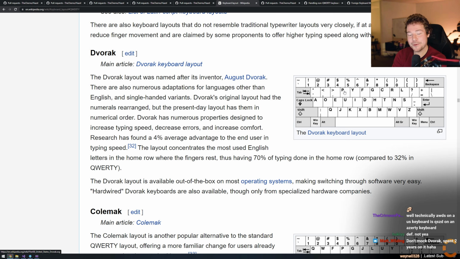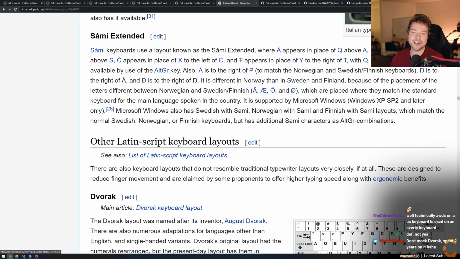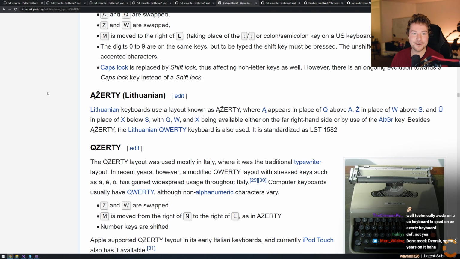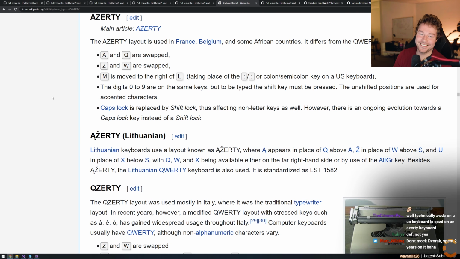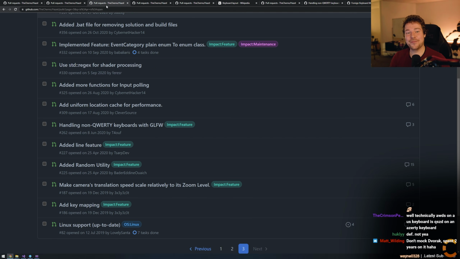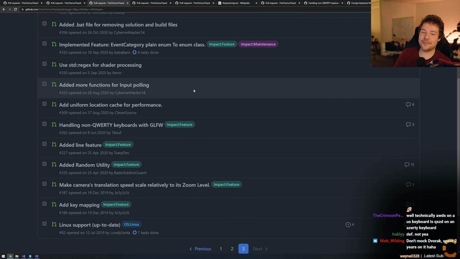Don't mock Dvorak. Oh, I will mock Dvorak. I'll mock all of these layouts because, I'm sorry, it's going too far. You know what I think it is? Aside from possibly scientists and people who actually get benefits from it, and stenographers or whatever they're called,